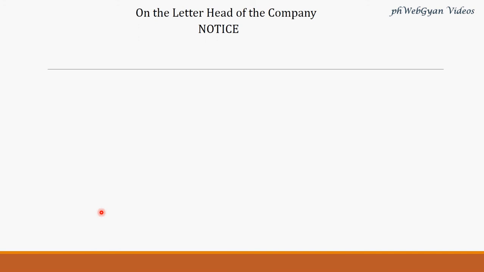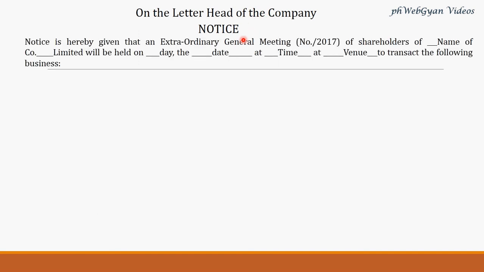Okay, similar would be in the case of annual general meeting, almost similar, apart from the thing that in AGM, ordinary businesses are also to be mentioned. Apart from them, everything would be similar. Now, first of all, this notice is to be given on the letterhead of the company. Clear? Then it is to be written like this: notice is hereby given that an EGM of shareholders of the company, whatever the name of the company is, will be held on day, date, time, venue, which was the first point